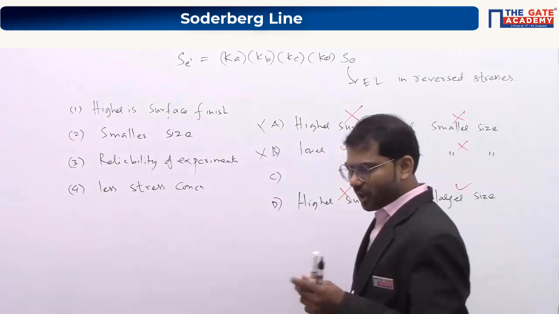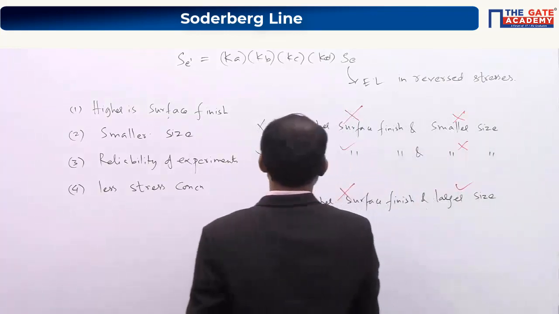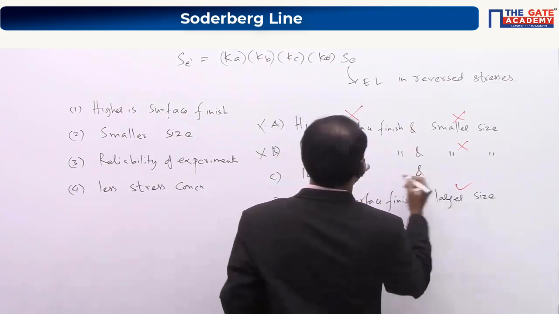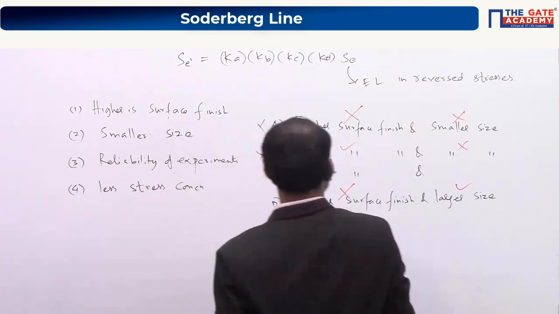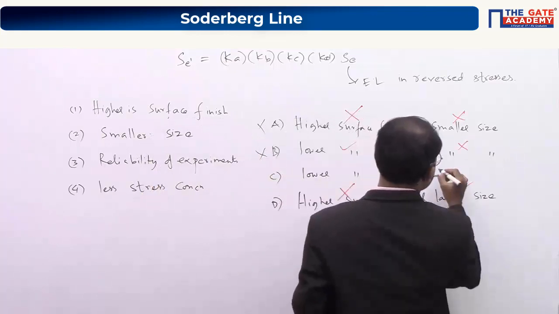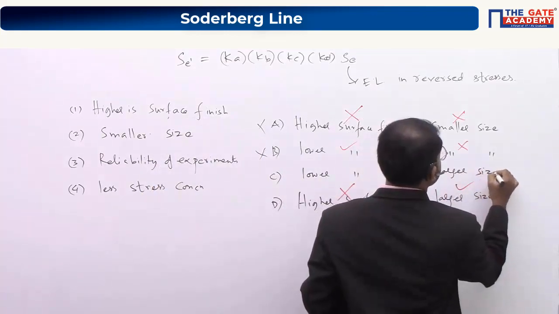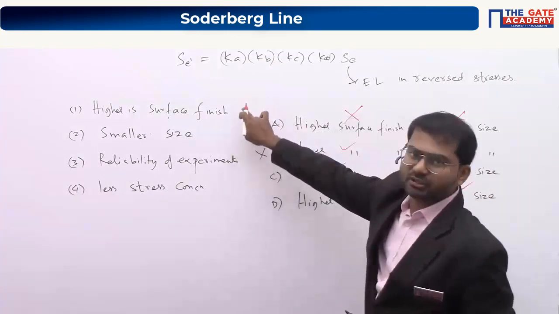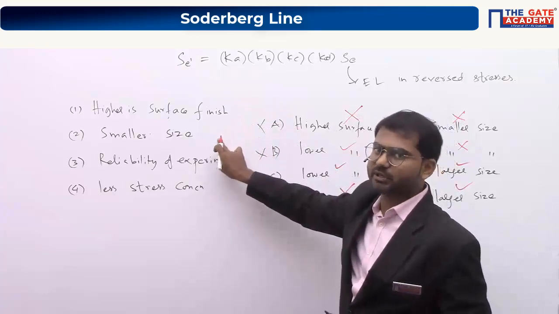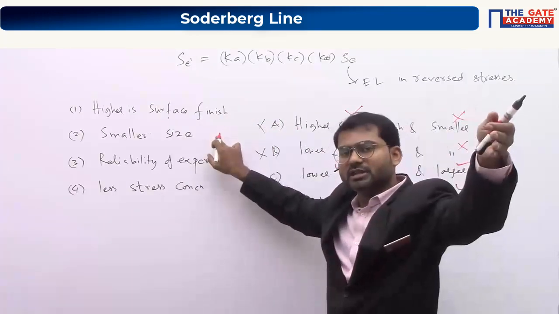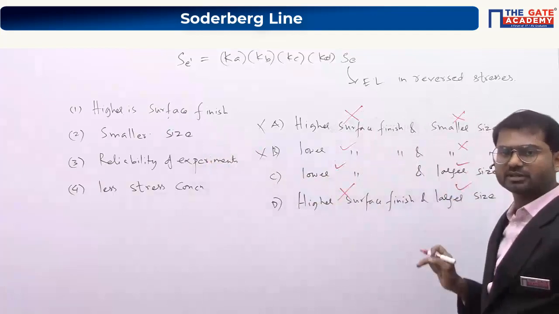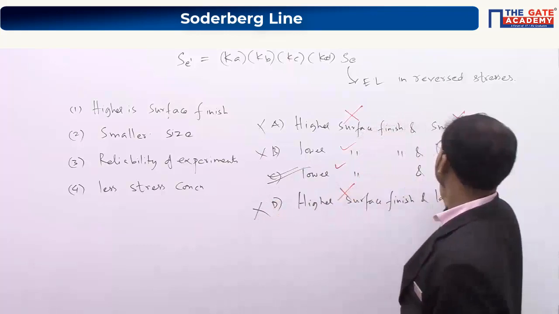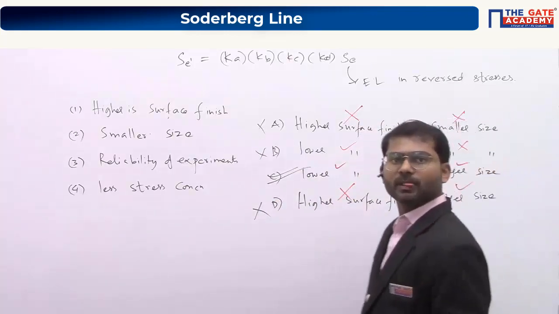Now, option C: increase in surface roughness means lower surface finish, and increase in size of the beam means larger size. So lower surface finish and larger size are both opposite of higher surface finish and smaller size respectively. So these two decrease the value of the endurance limit. So the correct answer is actually C, because both are contributing. Understood? Clear now?